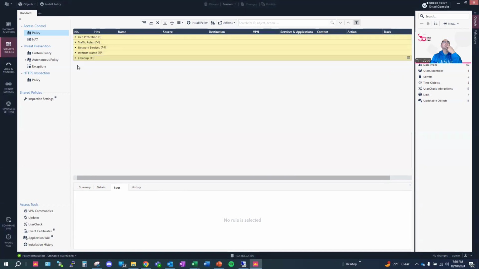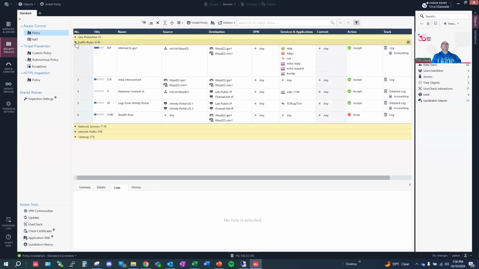You can collapse them. Really, what I want to do is first show you that any one of these sections of rules, you're going to find pretty much the standard inputs